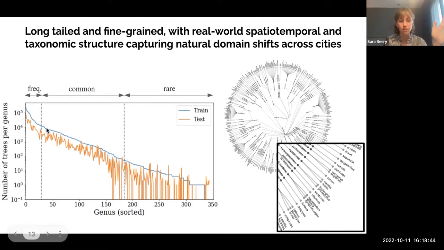And then there's another set of genera that are common. And then there's this whole long tail where, in both training and test, the genera of trees are seen very rarely. This is something that's really challenging for machine learning models. They tend to be very data hungry. So the more frequently you've seen a genera of tree, the more likely you are to be able to recognize